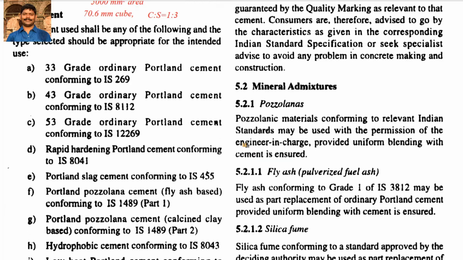Okay, next is the fly ash. Fly ash is basically a byproduct of thermal power plants. A lot of fly ash is there, and a lot of research is going on into substituting fly ash in the cement. There, what we used to do is replace some percentage of cement and try to see how much strength we can get, whether we are losing or gaining strength, and what should be the limit of replacement of fly ash in the cement.